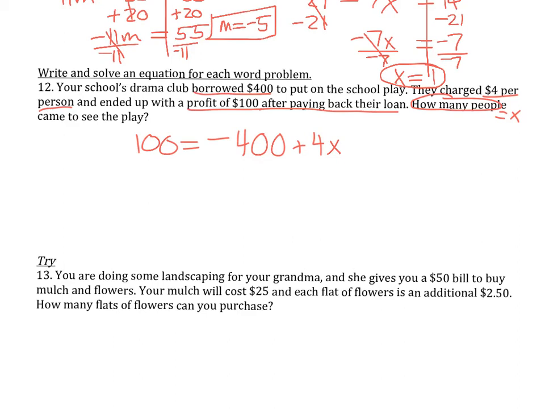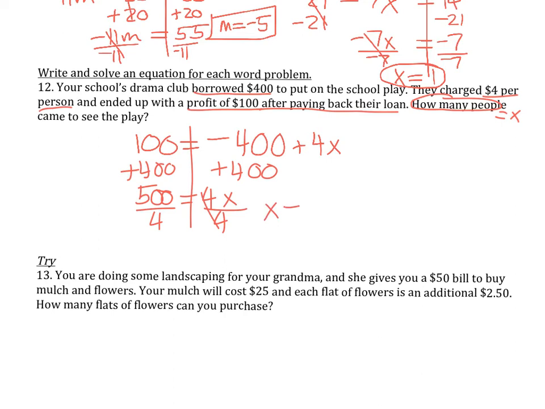So now let's go ahead and solve this. There's no same side simplifying to do, but I can go ahead and do my opposite. So add $400. I get 500 equals 4x. I divide by that 4, and I end up with x equals 125. Okay, so then I have to think, what does that really mean? And I look back up here, and I see x was the number of people. So I would say there was 125 people,